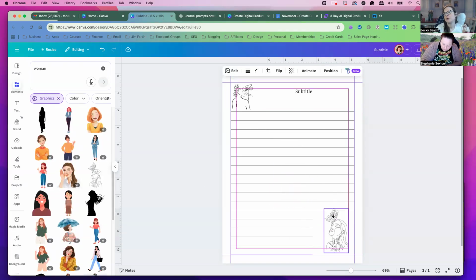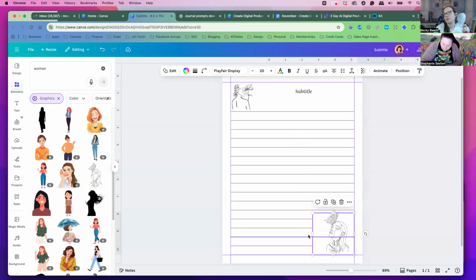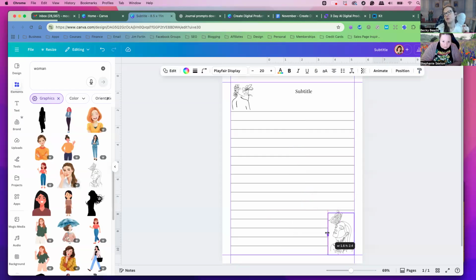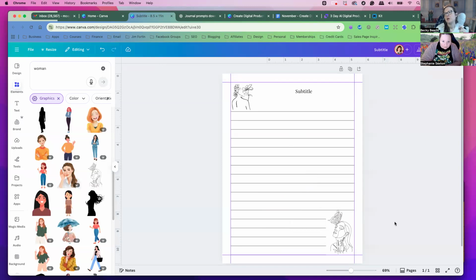So I'm going to put that one right here in a little box. Maybe take the box and make it a little skinnier. But you don't want to cover, you don't want to do this because that could be hard for people to write. You want to make it user friendly. So that's why I'm doing this for user friendliness. So that way I'm not making it so it's hard to write. They can just write here and they're not going to be writing over the image because then they won't be able to see what they wrote because the image will be blocking them. Yeah, so I think that this is looking really nice. So, I'm happy with my design.